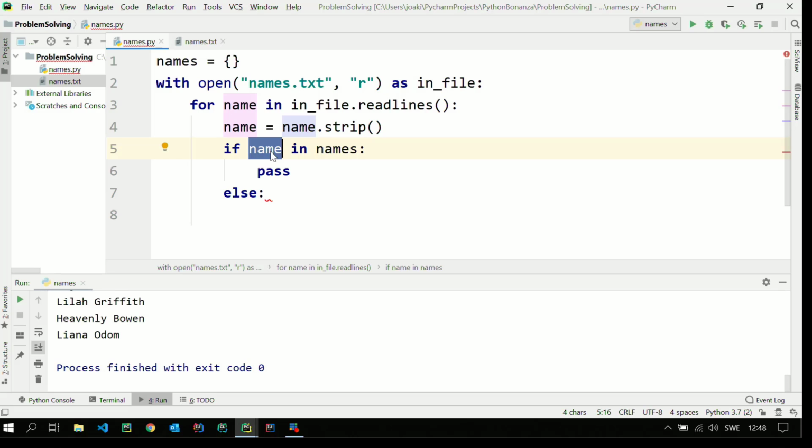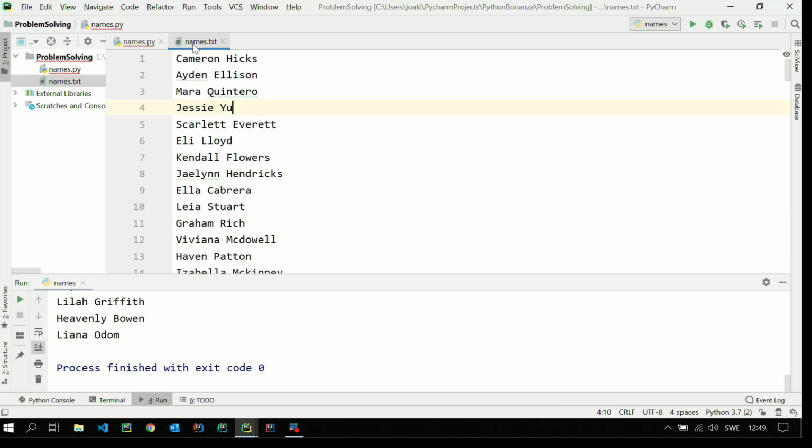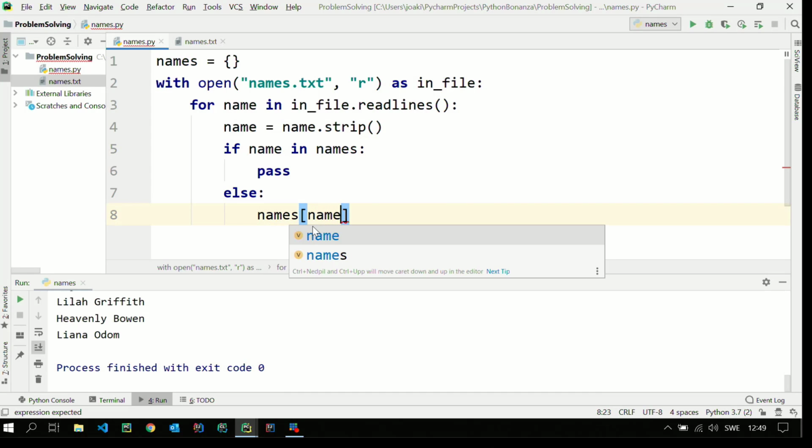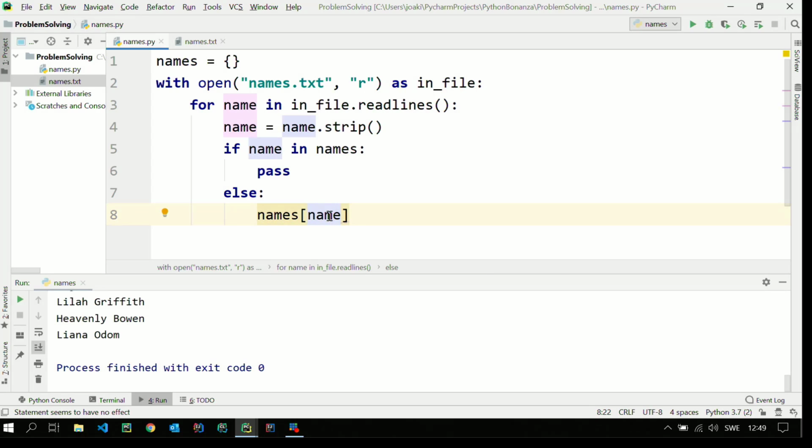Well, for a dictionary, I need to create that pair. So we have the name and the count. So we can do that. So the dictionary is called names, and the key we're going to use is this actual name. So this can be any of these names. So let's say this is Ellie Lloyd. We haven't seen Ellie Lloyd before. So if name contains Ellie Lloyd and it's not in this dictionary, it's not a key in this dictionary, then we can go ahead and create that. So whatever is in name, we will use as our key. And the value for this, we will set it to 1,